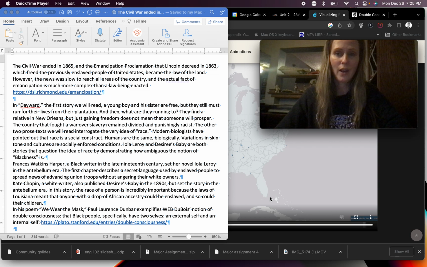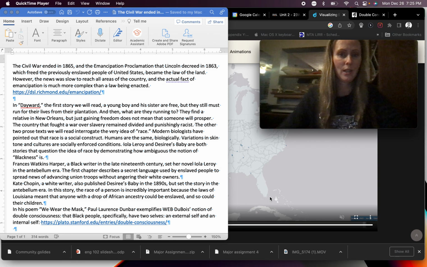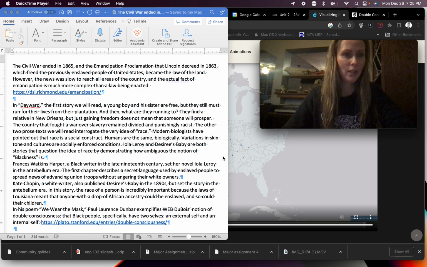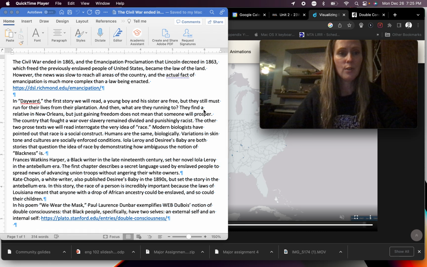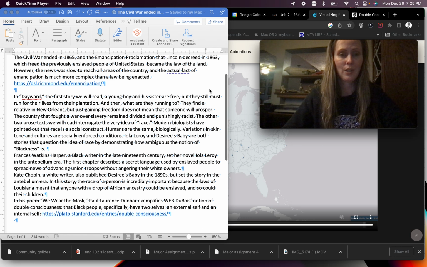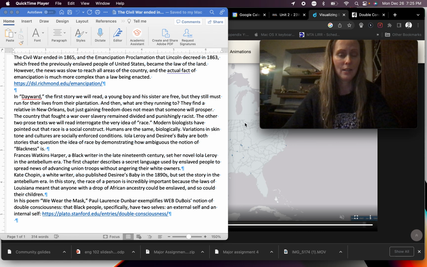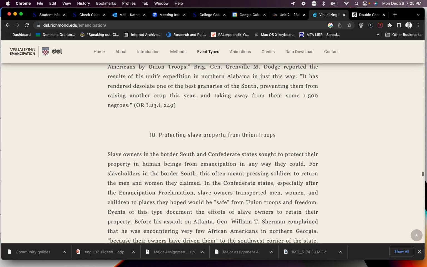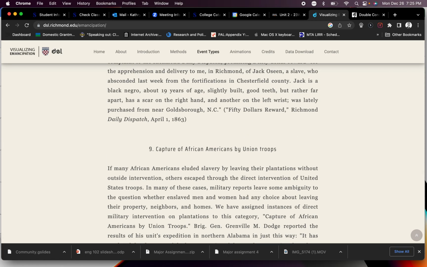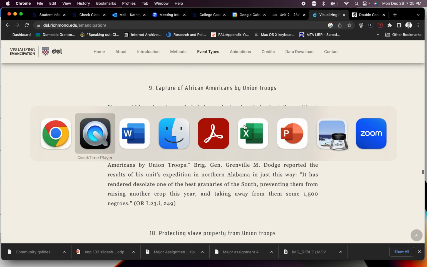in 1865 and the Emancipation Proclamation that Lincoln decreed in 1863, which freed the previously enslaved people of the United States, became the law of the land. However, the news was slow to reach all areas of the country, and the actual fact of emancipation is much more complex than a law being enacted. This resource goes through and shows you all the different ways that people remained enslaved after the end of the